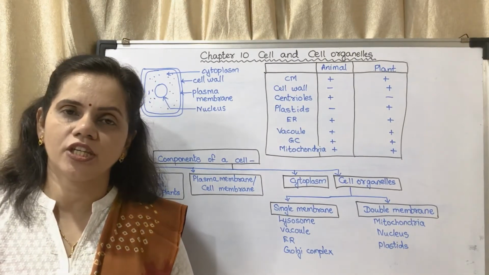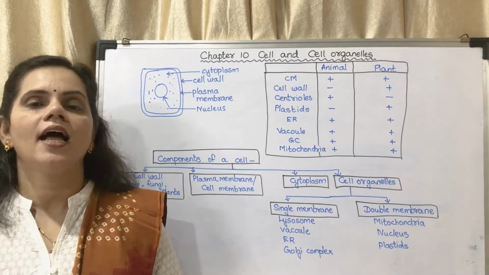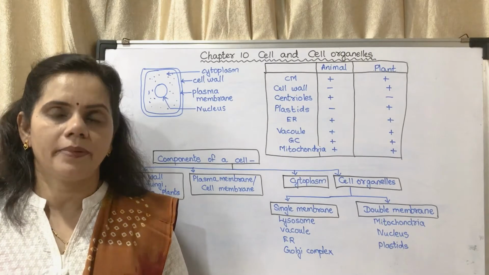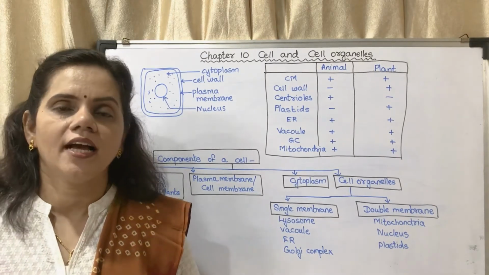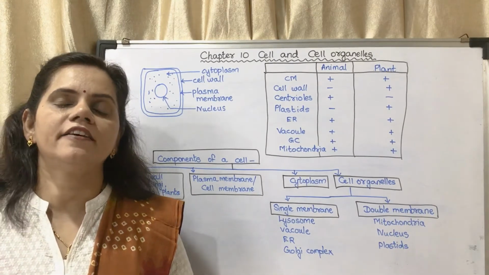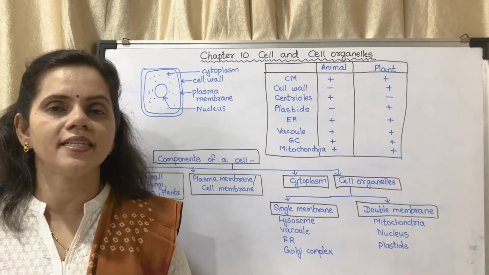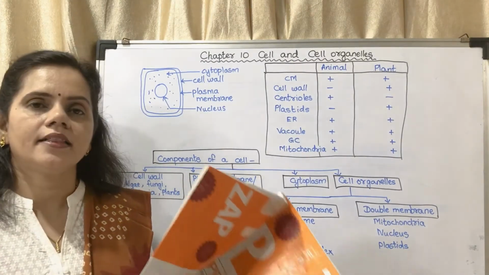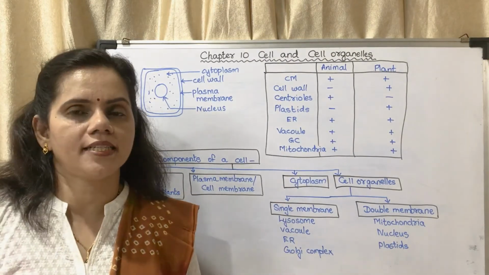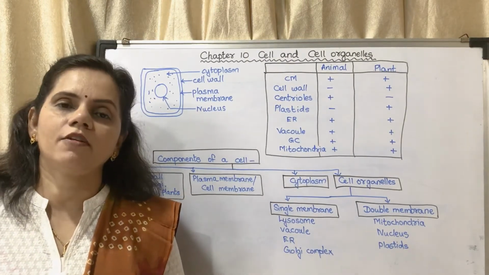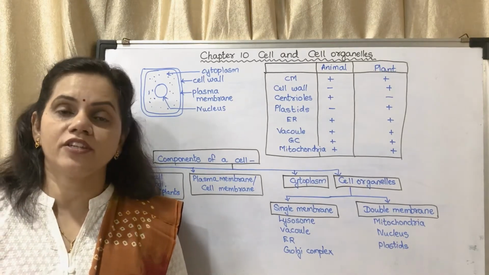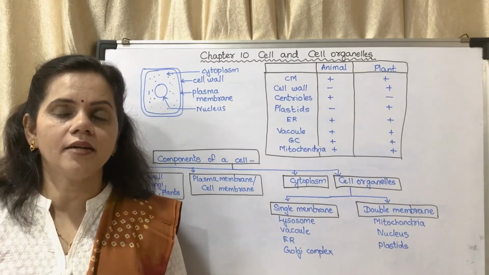First part is the structure of plant cell and animal cell and the function of different cell organelles which are present. Now, at first, I will just explain the different components of a basic cell. In the textbook, they have given the diagrams of plant cell and animal cell. I will be giving you the diagrams tomorrow, and on the next day, you have to draw the diagrams clearly.